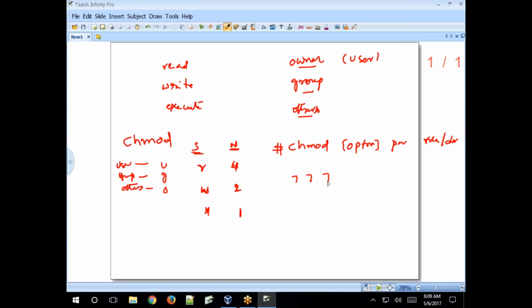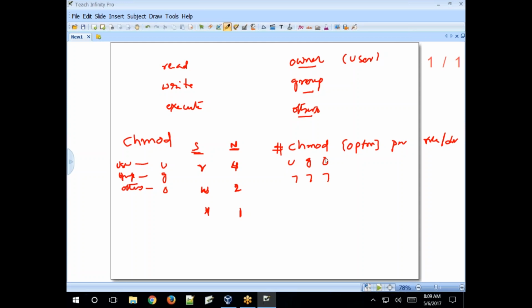For example, user, group, others: three types of users and three types of access mode. One is read access, one is write access, another is execute access.